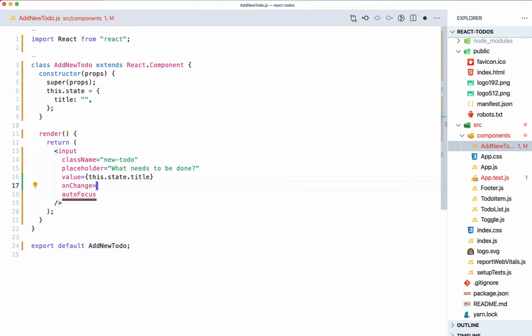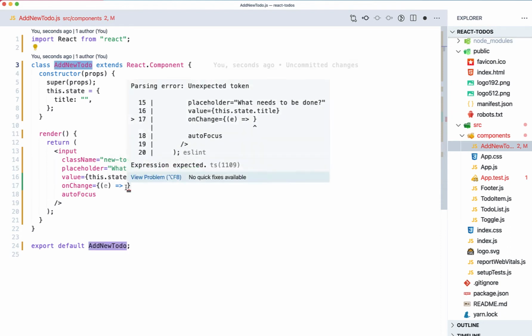And that's for the input element, of course. Okay, so here I'm going to have access to the event, and then I can pass it along. This is an arrow function, and this allows me to update the state